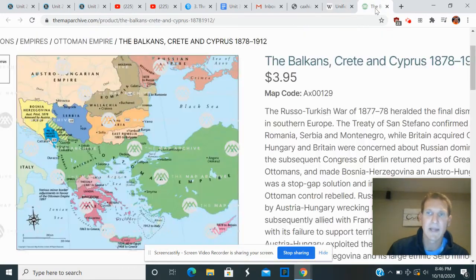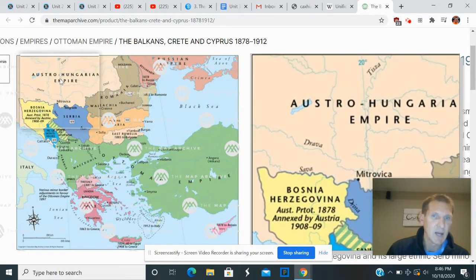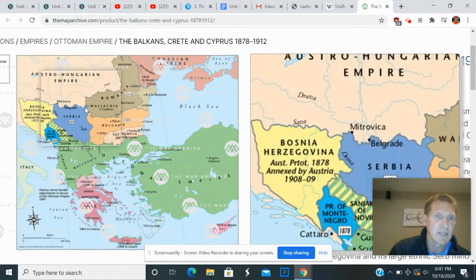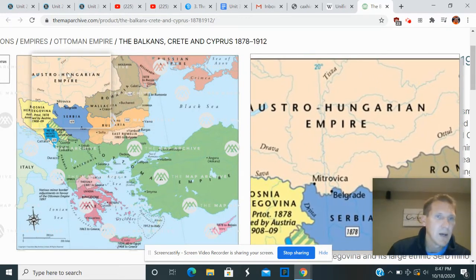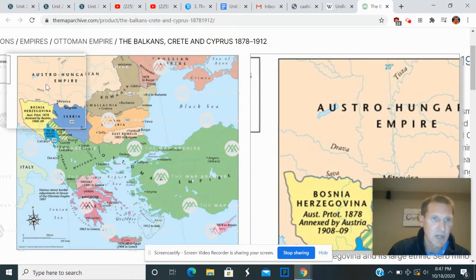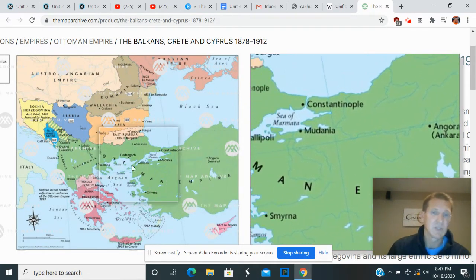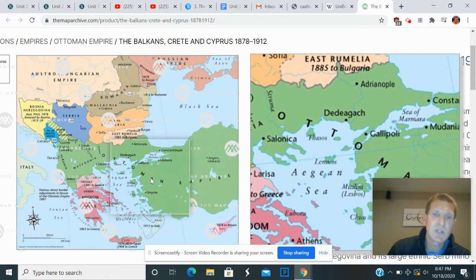Another area that you really have to pay attention to is this Balkans region. And the Austria-Hungary Empire, it was not one of the stronger empires in Europe. And remember, they do not have a lot of territory overseas. And part of the reason is they're just trying to maintain their own empire here at home. They don't want to lose any more territory. The Ottoman Empire, if you recall, I told you was called the sick man of Europe because they were losing territory. And especially, they went to